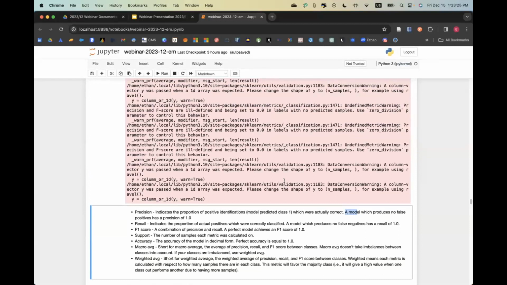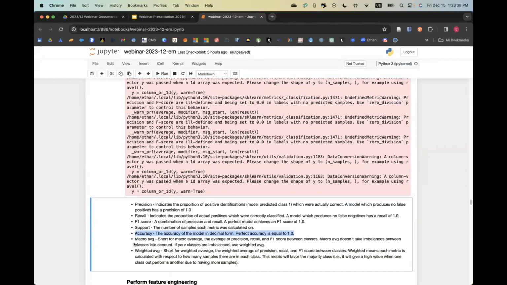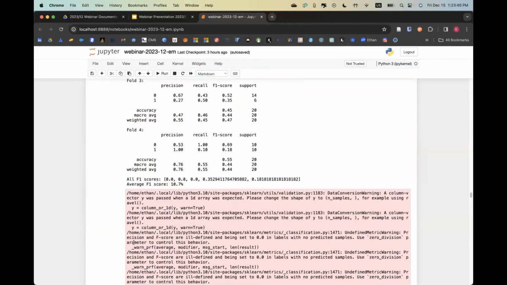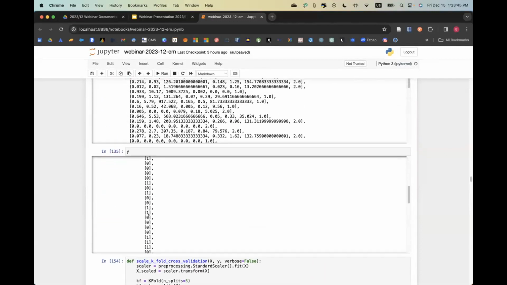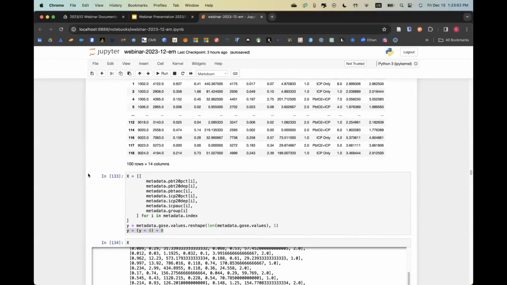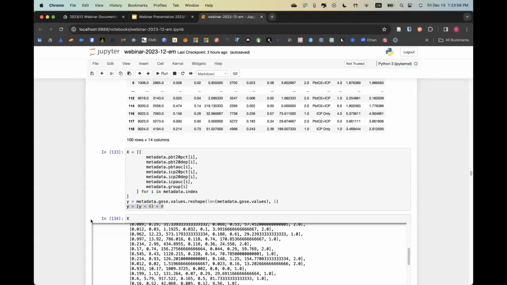So if you are producing an F1 score closer to 1, that means that you're balancing the precision score and the recall score very well. The reason that I wouldn't use accuracy in this case is because accuracy can be heavily biased by imbalanced classes. So it's likely that we have more GOCs above 4 than we do below 4, and I didn't test for that.